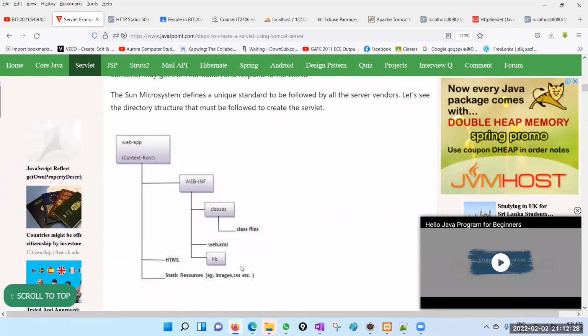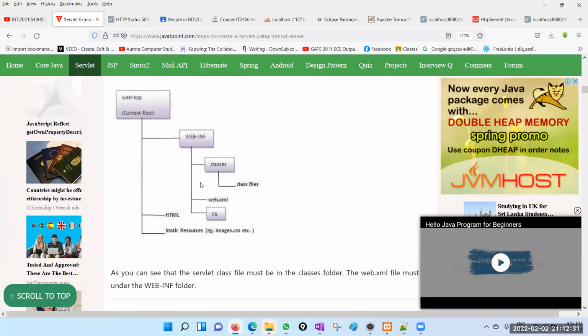So this folder structure is very important. The WEB-INF, the lib folder, classes,